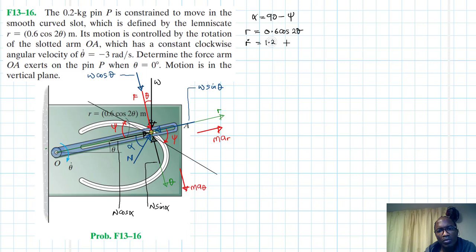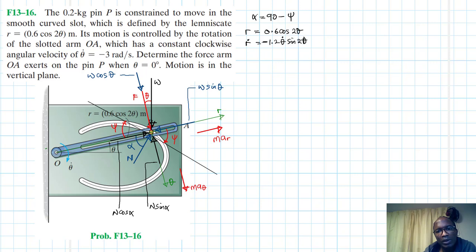This becomes 1.2 theta dot. Then that becomes a minus there. So cos, when it changes to sine, when we are taking derivative, it becomes minus. So minus 1.2. I'm evaluating them in advance. 1.2 theta dot